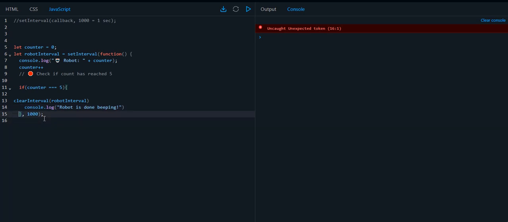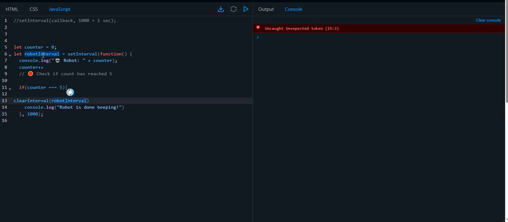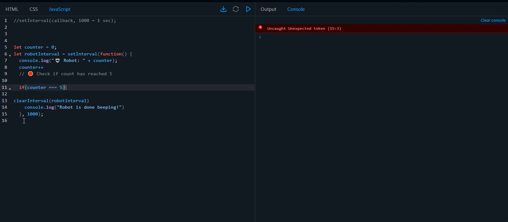But what don't you like? clearInterval, I stop this robotInterval. Okay. If count equal 5. If counter equal 5. Okay, I see the problem. I should put also this,